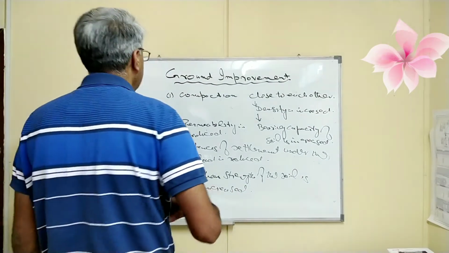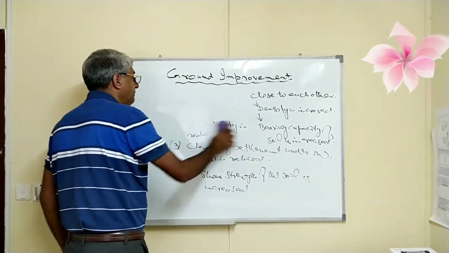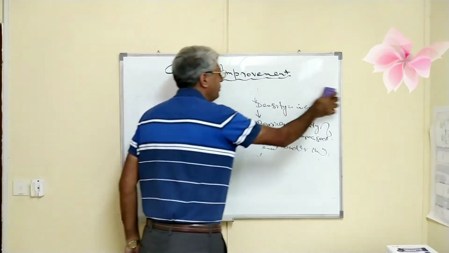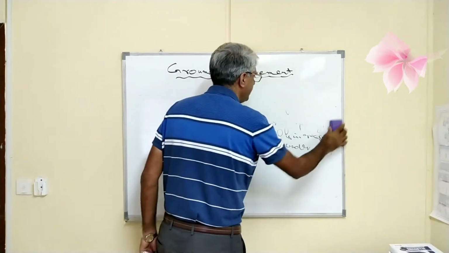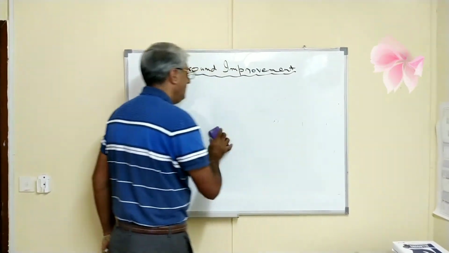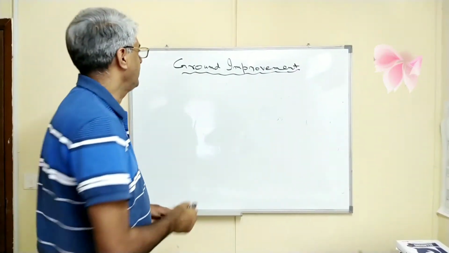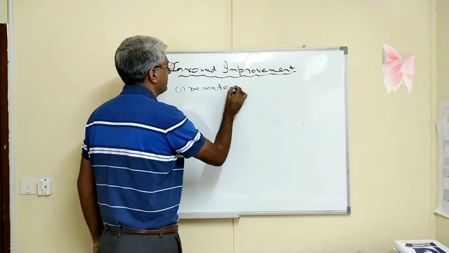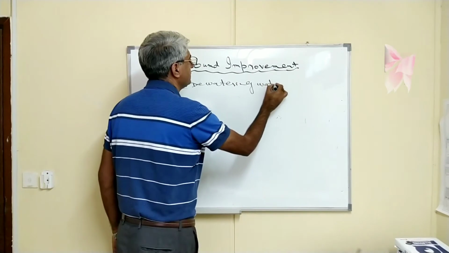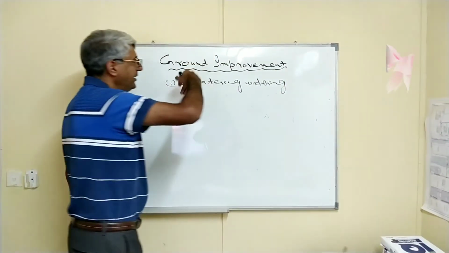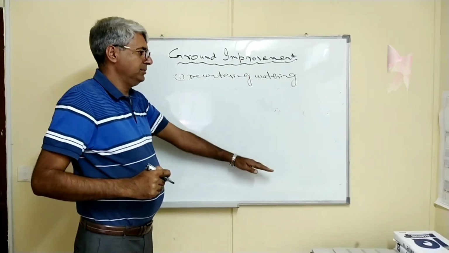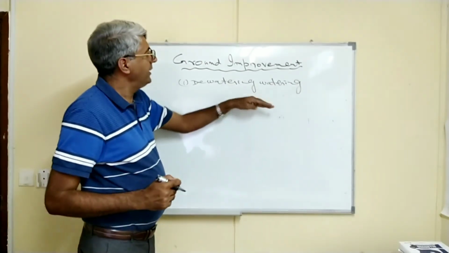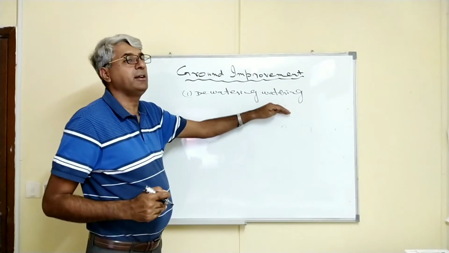First of all, which is very, very important, which all people need to know about this procedure of improvement, is dewatering. So we will start first of all, as a means of ground improvement, with dewatering. This dewatering means we are going to lower the water table in order to carry on our activity safely. So I will go on explaining the dewatering principles in detail in my coming video.